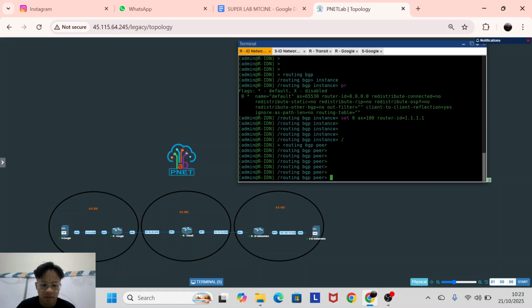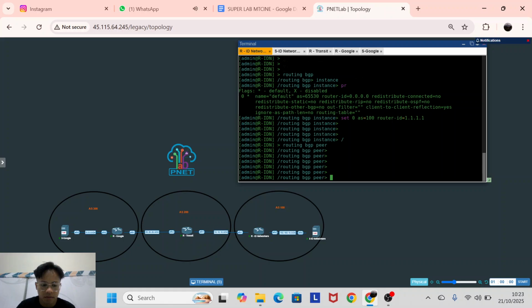IBGP, internal BGP. I think internal BGP can replace OSPF or another routing protocol, because that is the same one autonomous system. But because I am so lazy to make redistribute, I will try EBGP network.